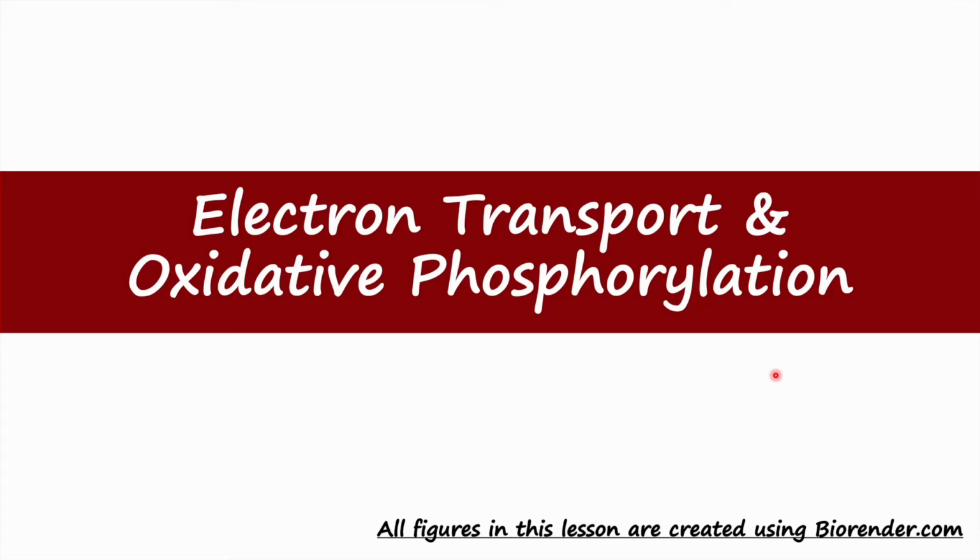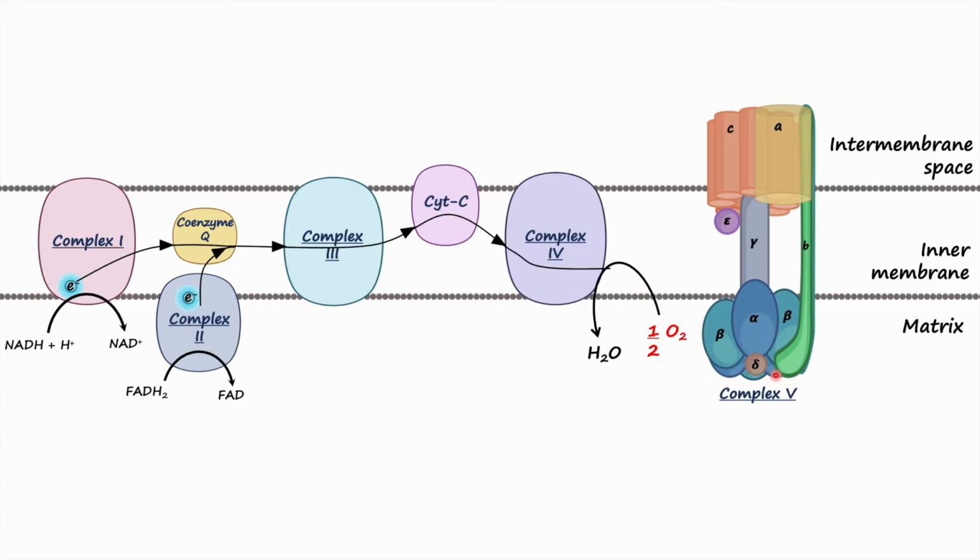Everyone, in this lesson I'm going to talk about electron transport and oxidative phosphorylation. In my previous lesson I talked about the electron transport chain, and we learned that when NADH and FADH2 are oxidized, they lose their electrons, and these liberated electrons then travel through the electron transport chain. That means they travel from complex 1, complex 3, all the way down to the final electron acceptor, that is oxygen. And during the process, the protons from the mitochondrial matrix are pumped out into the intermembrane space, and eventually